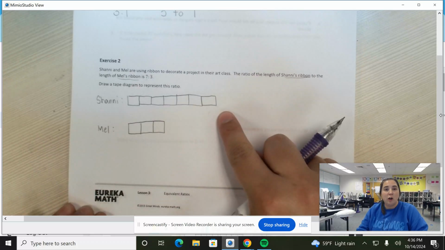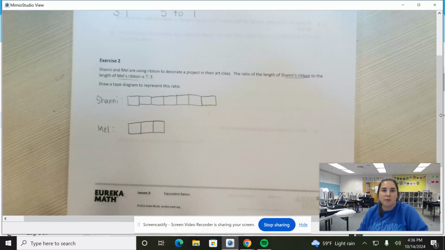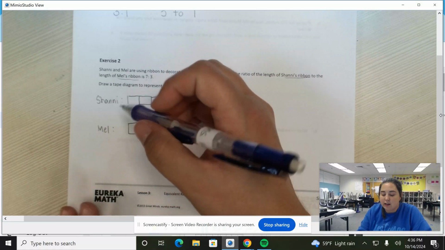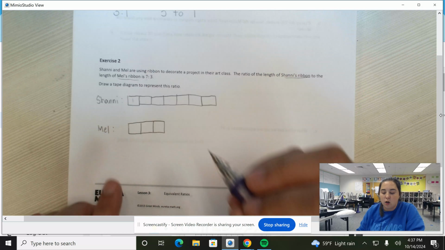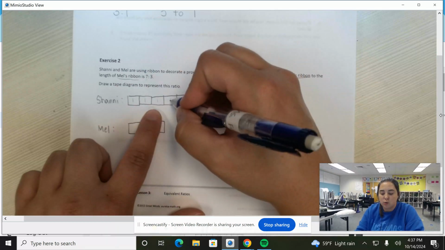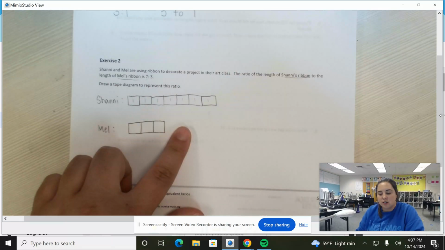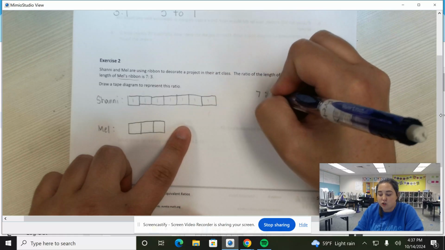Shani's is obviously longer than Mel's, but we don't actually know the length of Shani's ribbon. So let me say that each unit is maybe 1 inch. So I'm going to write this really lightly because I'm going to be erasing it, but let's say that's 1 inch. That means this would be 1 inch, 1 inch, 1 inch, 1 inch, 1 inch, 1 inch. How many total inches is Shani's ribbon? Well, right now it's 7 inches